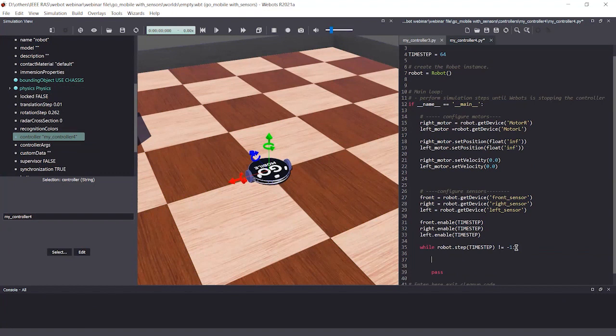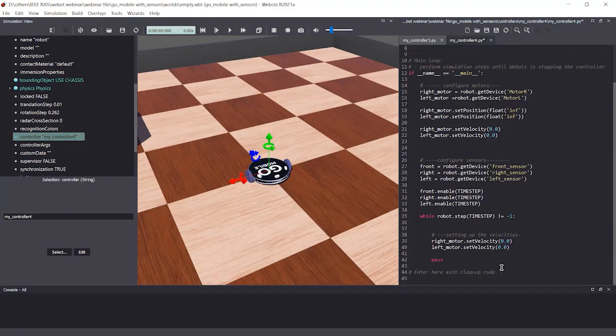In order to give velocities, same as this code, I'm going to copy this and paste this. Let me comment this: setting up the velocities.